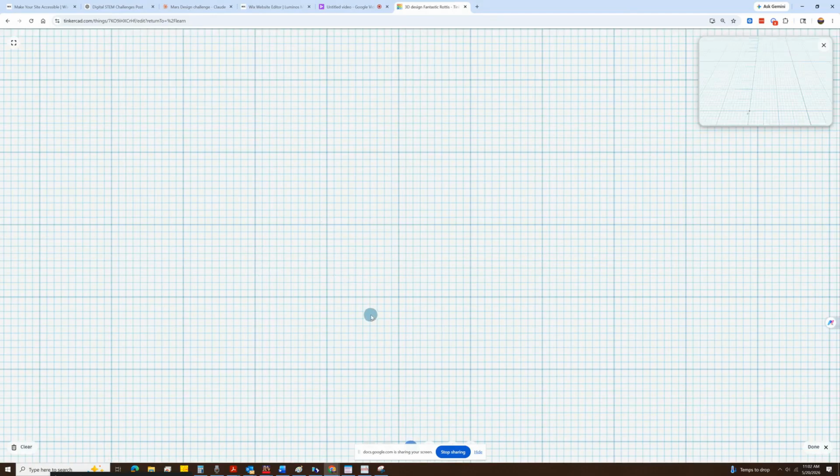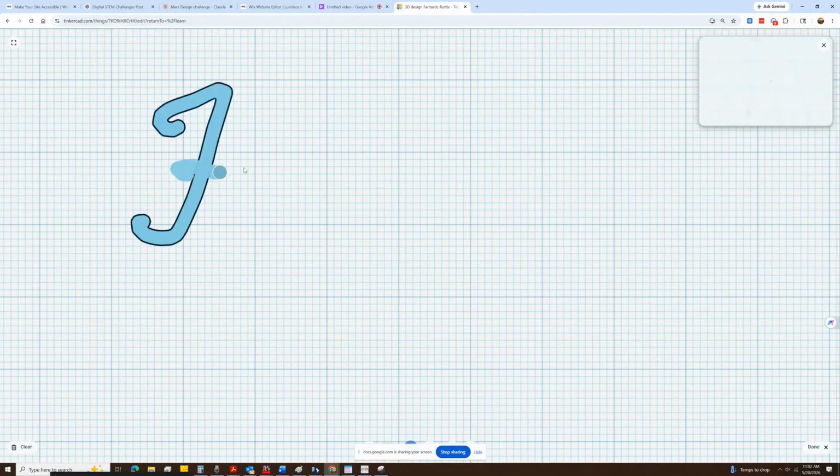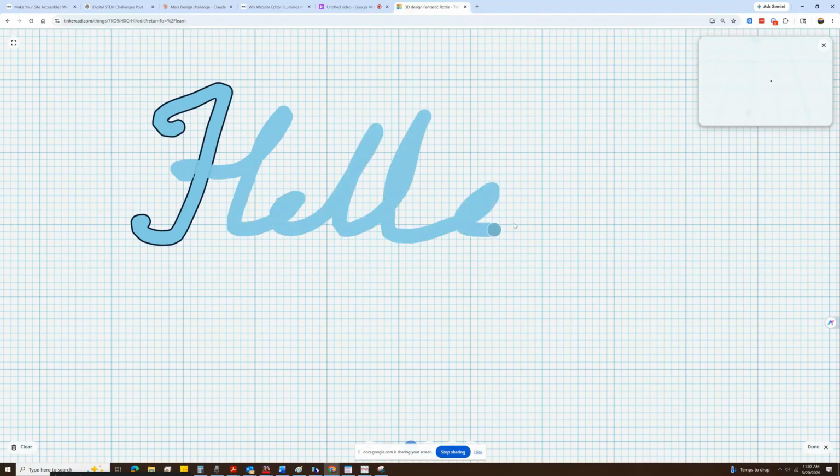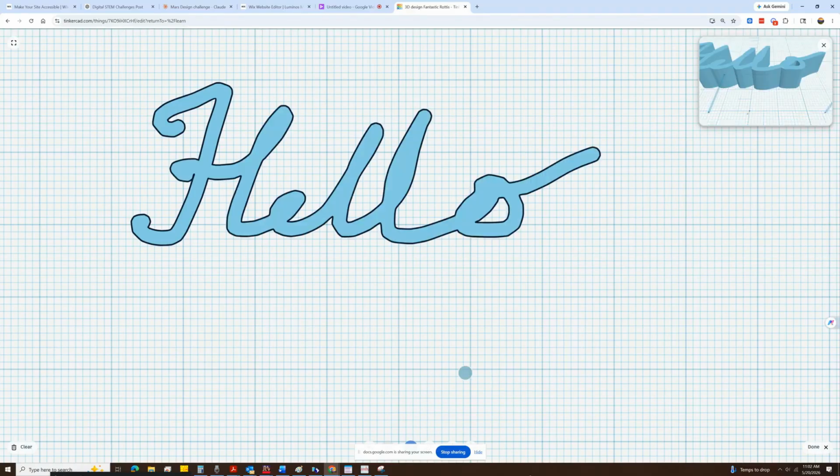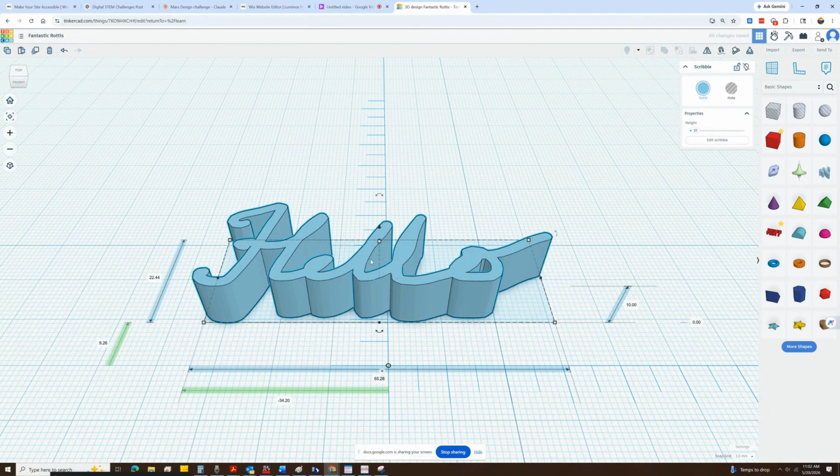In this window, I'm going to draw something that I want. For example, if I want to write hello in cursive, I can do that. So I'm going to write hello in cursive, and then I'm going to press done. When I press done, you can see that my writing has come as a 3D object